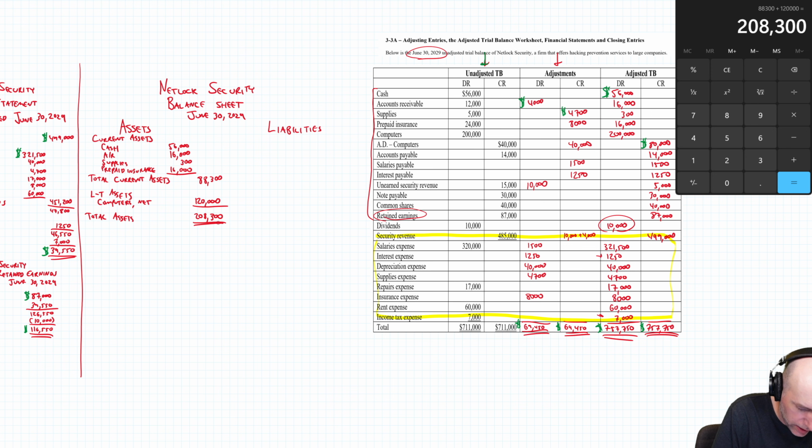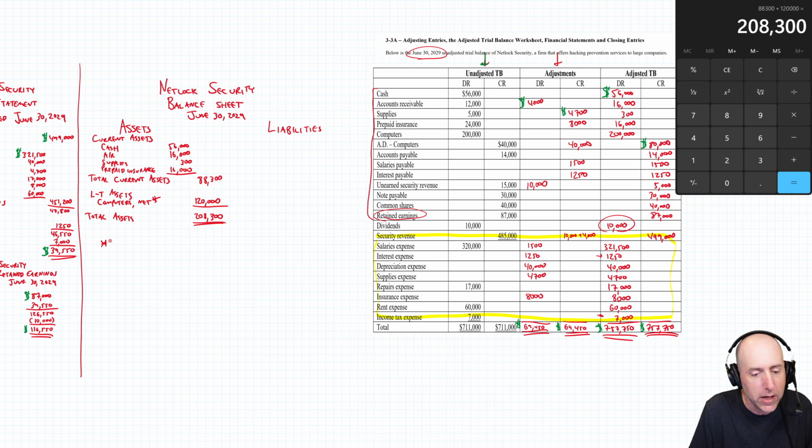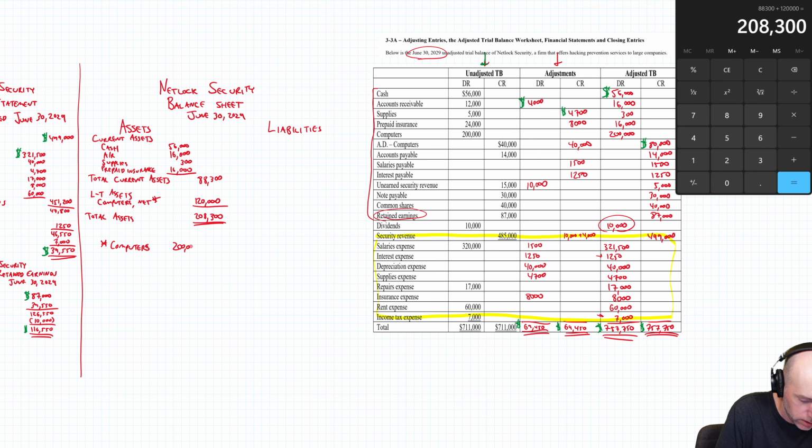208,300. That is our grand total assets. We might want to do a little star there, and really different professors will prefer you to treat this accumulated depreciation calculation differently. I don't require my students to do it, but you might want to show your work, which is computers, which were 200,000, minus AD, accumulated depreciation, which was 80,000,